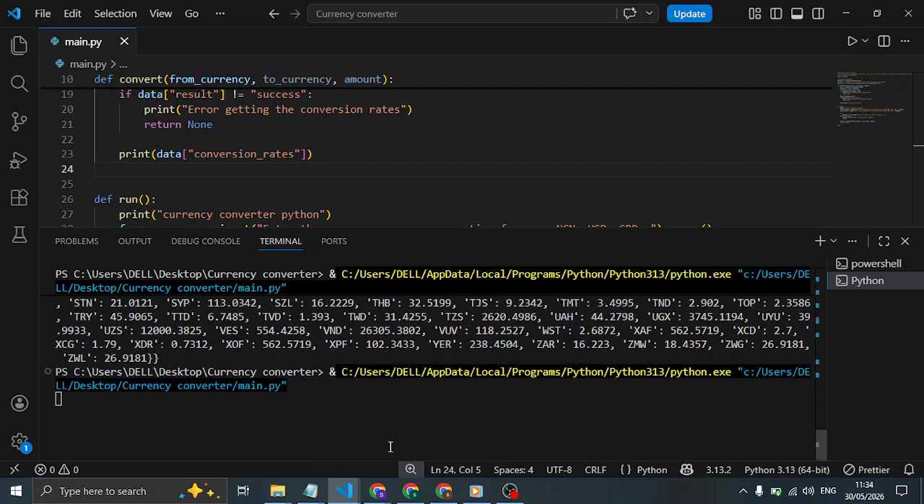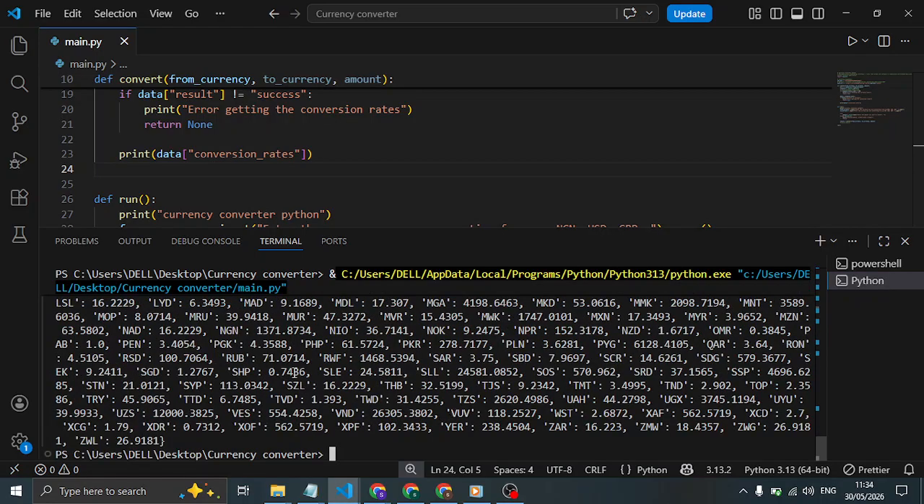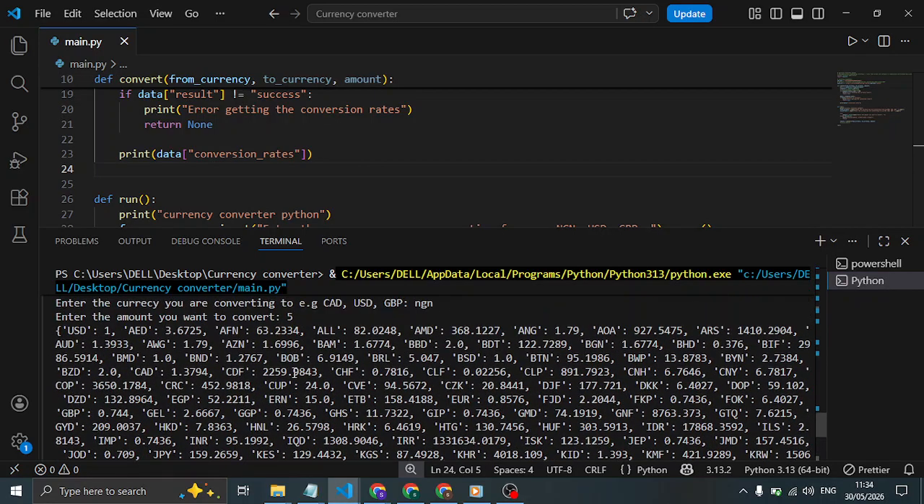So let me run this. Then enter the currency you're converting from, USD. The currency you're converting to, NGN, which is Naira. Then I want to convert $5 to Naira, so I'll type 5, then enter. Now you can see it is not returning the result equal to success, the documentation equal to this, anymore. Why? Because I have